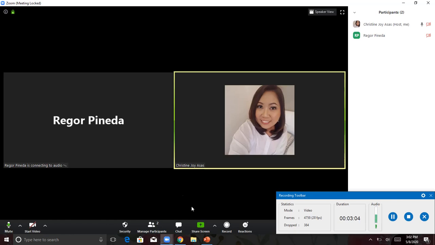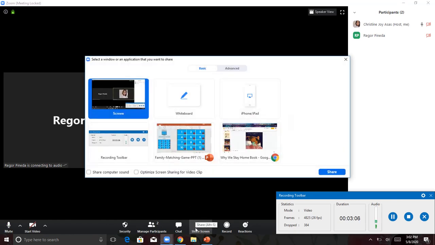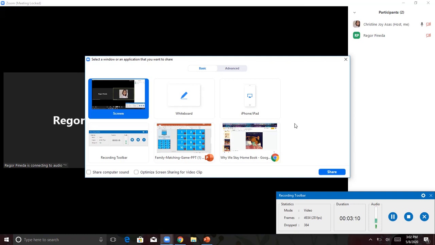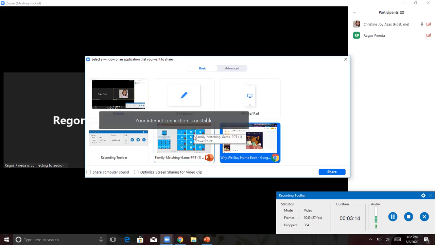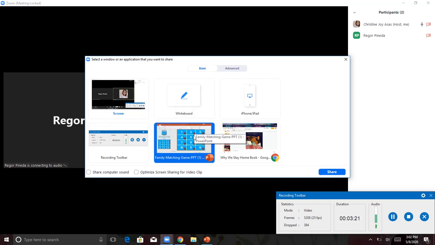Alright, so after that, I will use share screen. So it will direct you to this rectangular box. Notice that I only have two boxes I will use here and they're already open. Oh no, my connection is unstable. Never mind that. Okay, so here I recommend that you open all the tabs and the materials beforehand so that